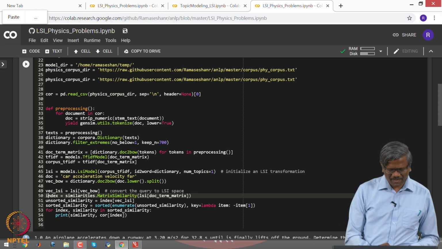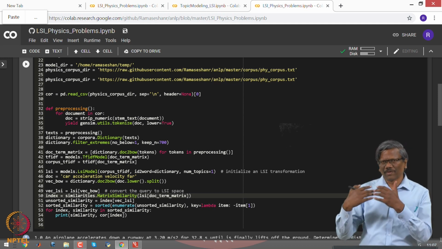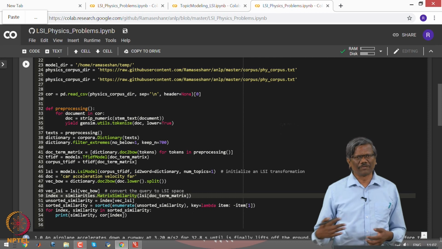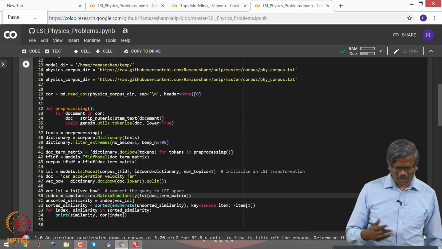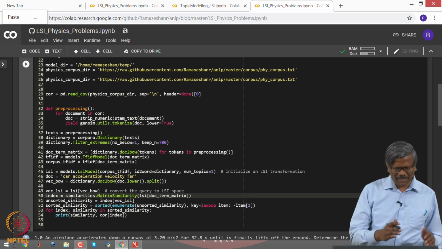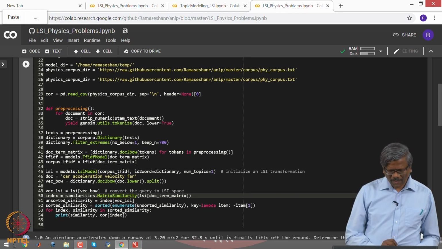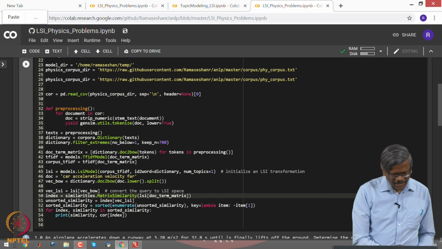This constructs all the similar values and then keeps it, and you can list 5 of them, 10 of them, 20 of them in any order that you want. So, it first gets you the similarities for the queries, and then you sort it, and then finally print this.